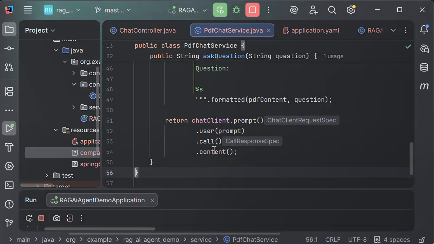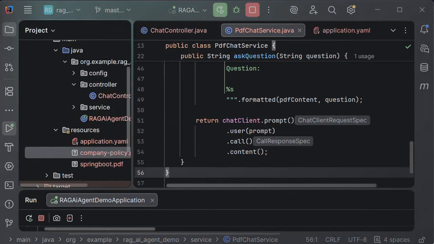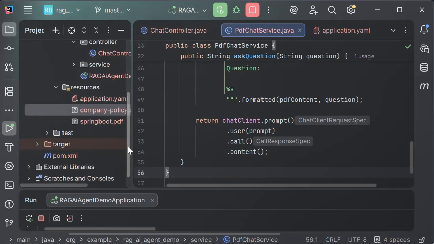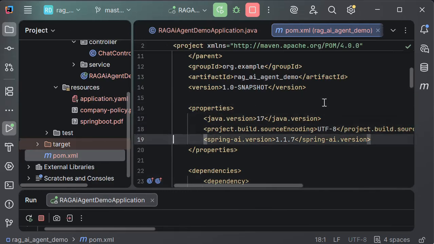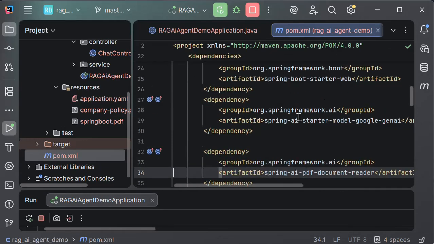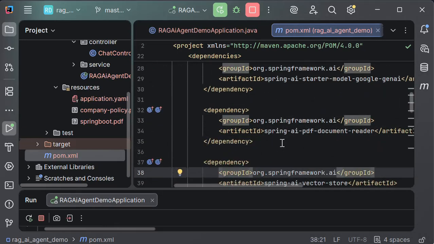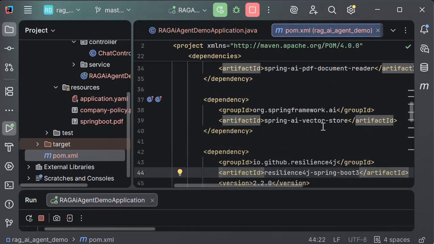to our API. And this is a chat client. It will use the prompt and will call and get the response back. Inside our application I am using the Gemini API as the AI assistant. If I go here in our pom.xml, I have added the Maven dependencies. The first is Spring Boot starter web, and here I have added Spring AI starter model Google Gen AI. And this is the PDF document reader that will be able to read the PDF file content. And here I am using the Spring AI vector store,